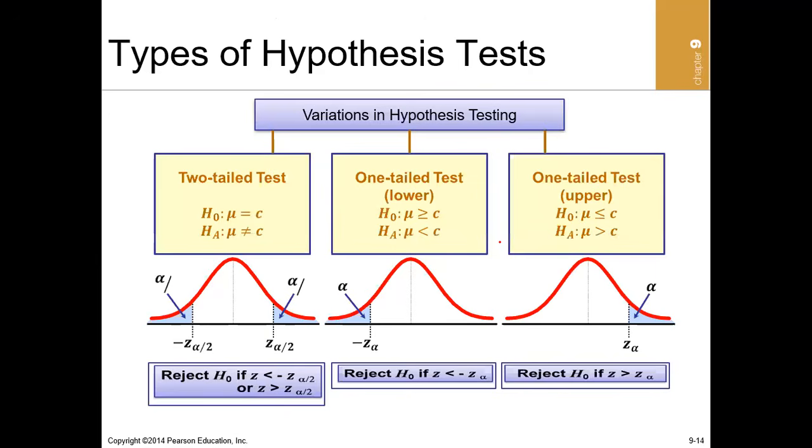Let me give an example. Now here, let me show my whiteboard. So now, if my null hypothesis is that the average is equal to 50, the alternative will be that the average is not equal to 50, all right? Now, remember that